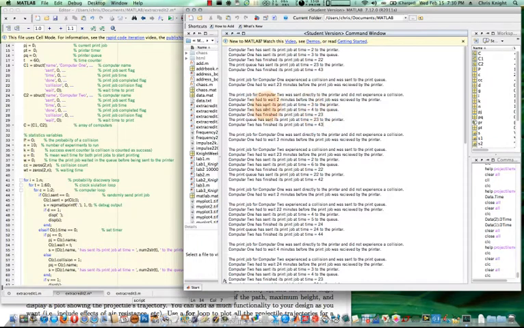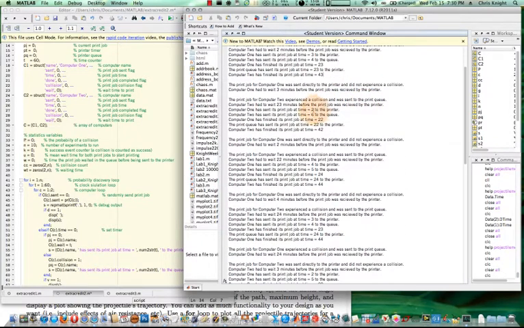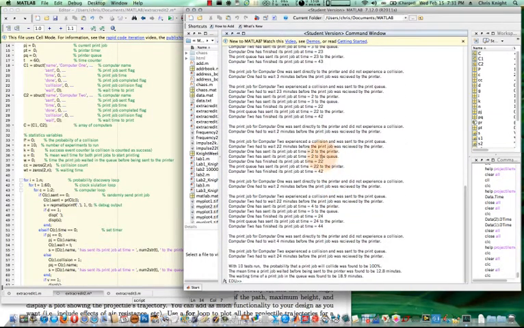In this time through it, the computer has sent it after 3 minutes. After this, and the computer 2 has sent its print job after 4 minutes. And then it shows you how much time that this is waiting. Here we're saying that it went out at 2 minutes, and this one went out at 6 minutes. Here 4, 5. So there's variability here, 2 and 2, 4 and 5. This is all randomly